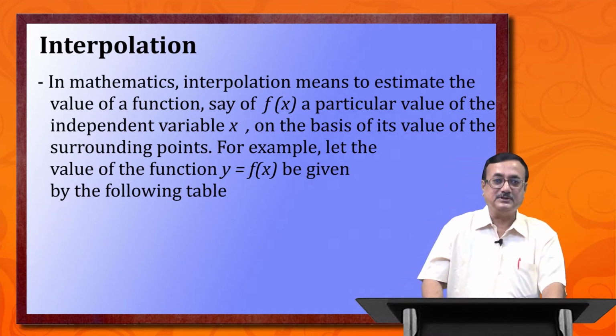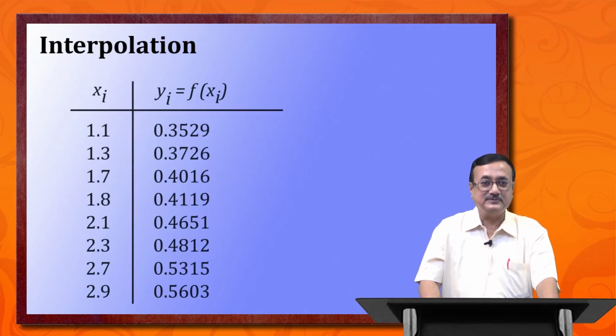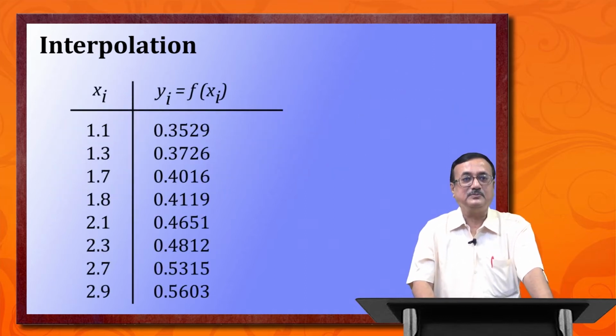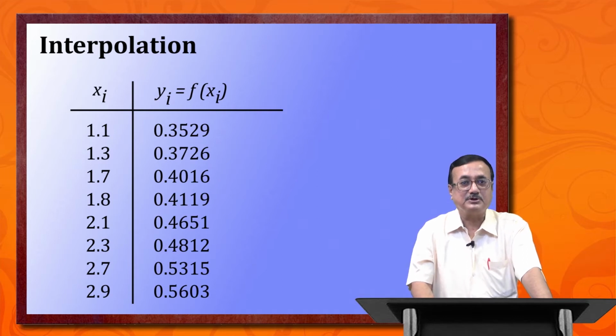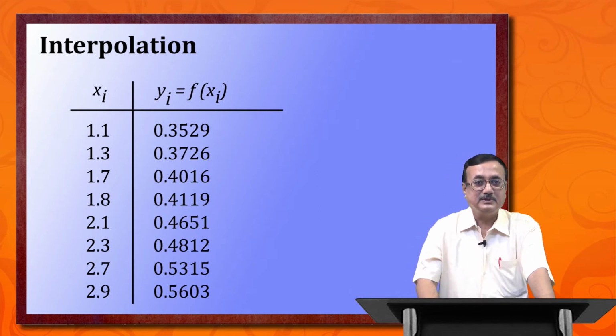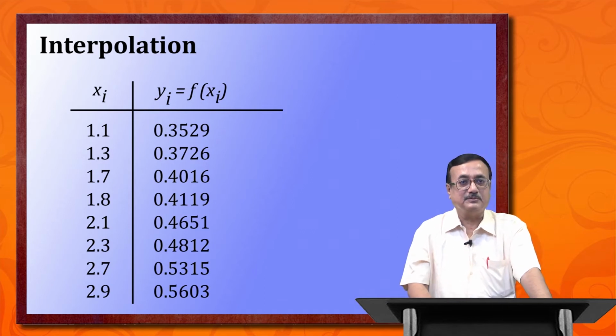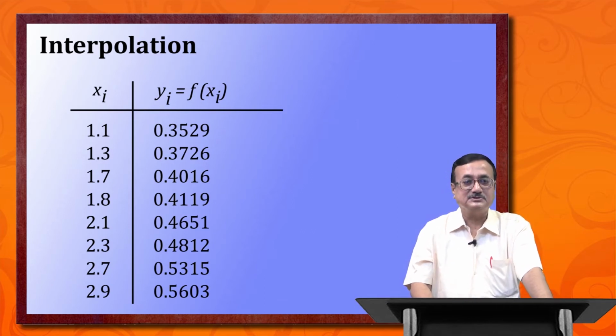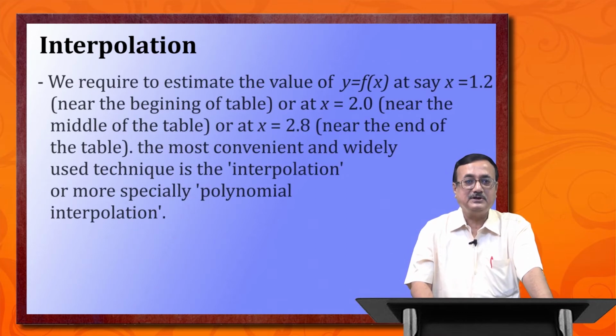Suppose we are given a table like this. Please see the table. The table is given for some different values of x and the corresponding values of yi, which are f(xi). You notice that the given xi's are not all equi-spaced. It is 1.1, 1.3, then 1.7. These x's are called the arguments or the nodal points of the table. What we require now is to estimate the value of the function y = f(x) at some given point of x,